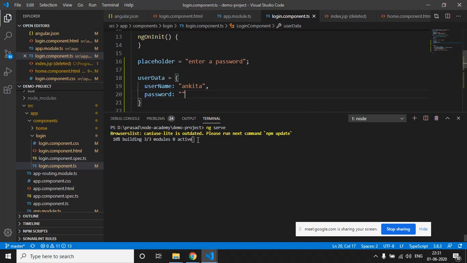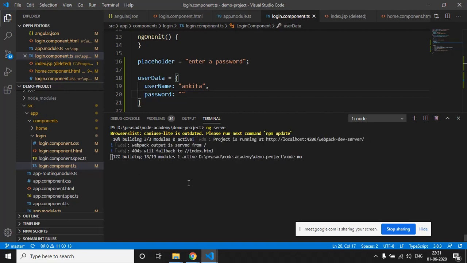So now it will just compile the application. At the time of this compilation, it goes through all the CSS files that we have imported into angular.json, and if there is any error in that CSS file, it just logs it into the console so that we can resolve it. Now the app is compiling.